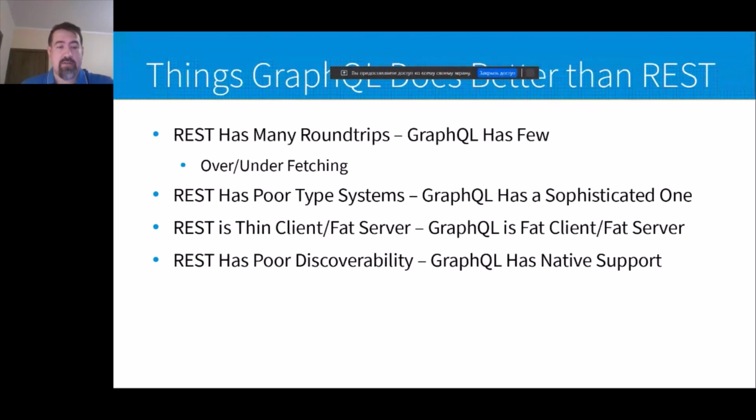REST is proposed to work with a thin client and a fast server, where the server offers a number of endpoints, and REST is not doing any business logic around it, just uses the endpoints.